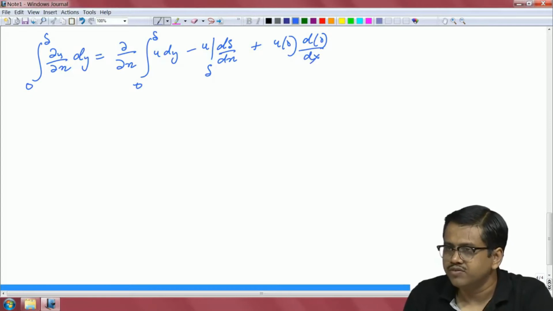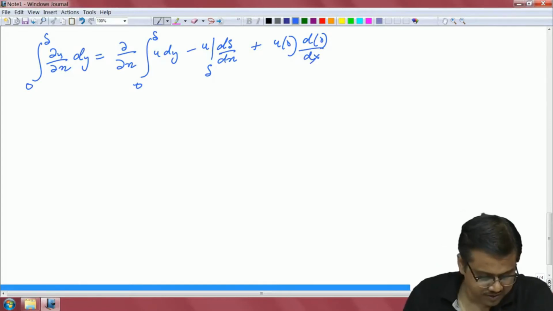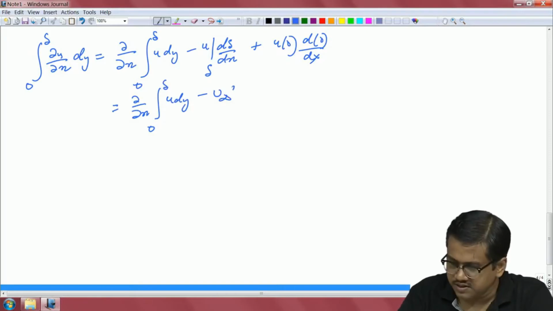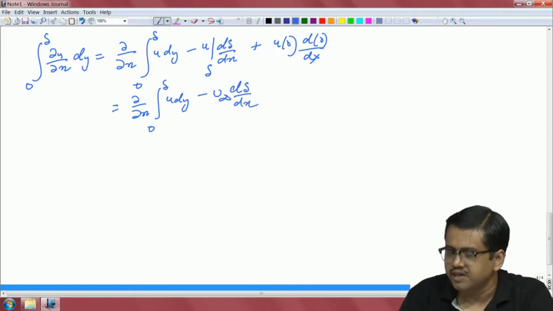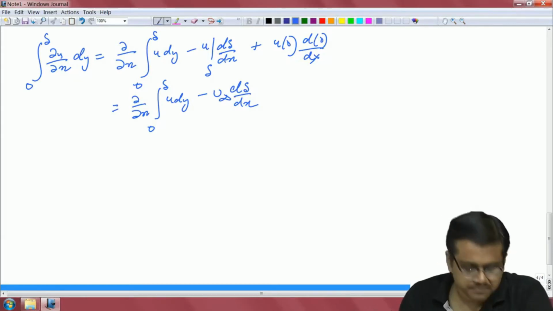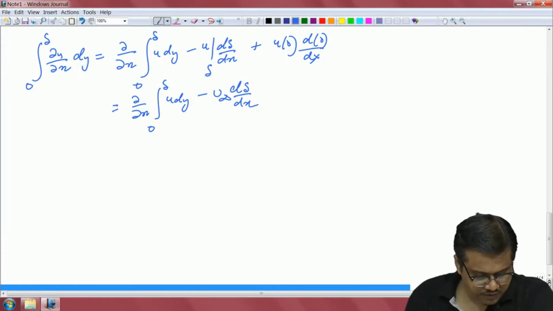Okay. That is the lower boundary, 0 is basically the lower boundary, right. So, this gives you d/dx of integral from 0 to delta of u dy minus u infinity d delta/dx. Of course, the third term goes down to 0. Okay. So, therefore, now combining